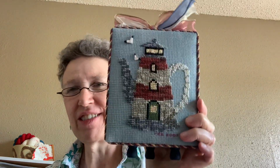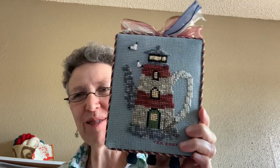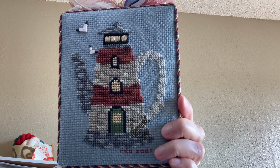I make no apologies. I just have certain things I really like, I'm drawn to. Teapots are one of them. And it's nautical. So it's nautical and a teapot. Like, how could I not do this? Anyway,